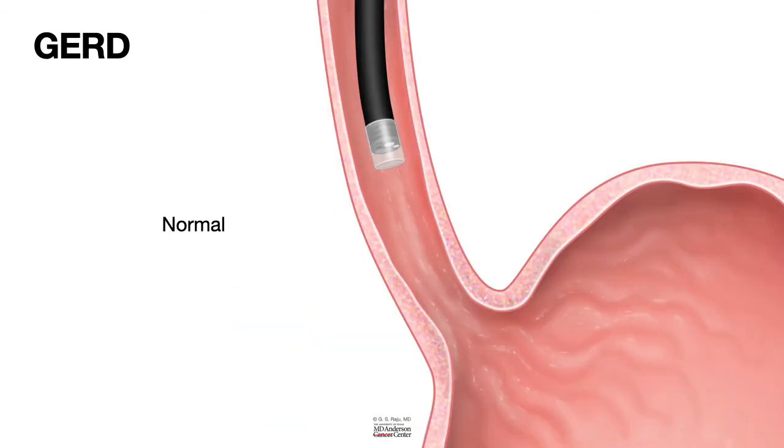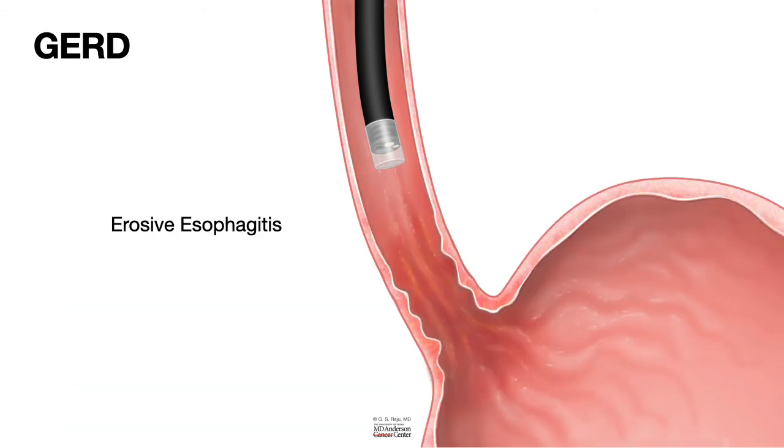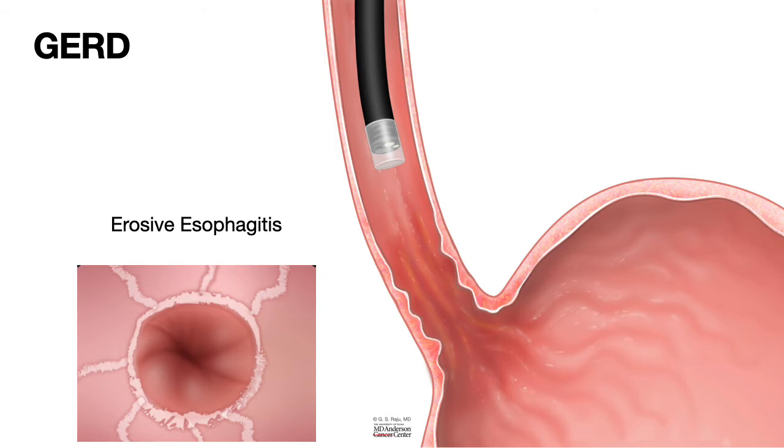So when you do endoscopy in somebody who has had acid reflux for a long time, majority of the time the esophagus looks normal. A nice pink squamous lining of the esophagus, and a beefy red lining of the stomach, and the squamocolumnar junction. Everything looks normal in majority of the patients with acid reflux. When the lining starts getting damaged and results in erosive esophagitis, this is how it looks. Erosions, breaks in the lining of the